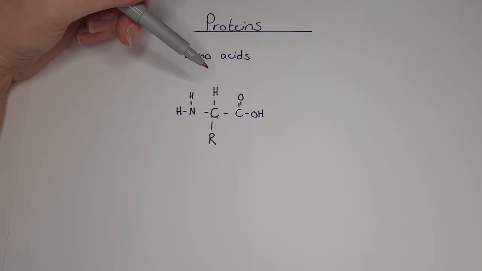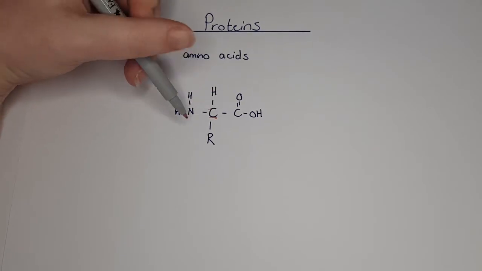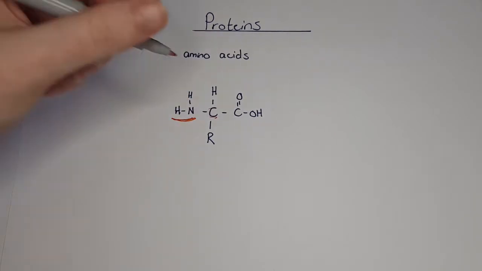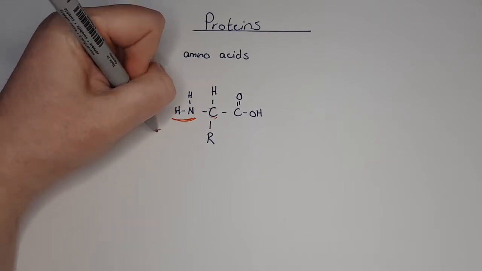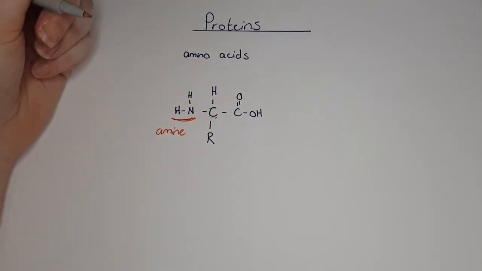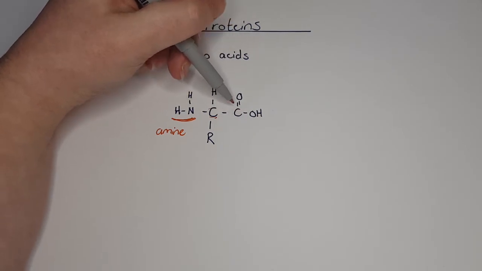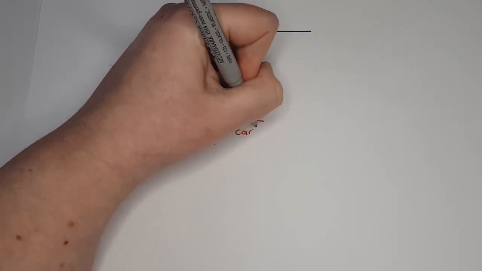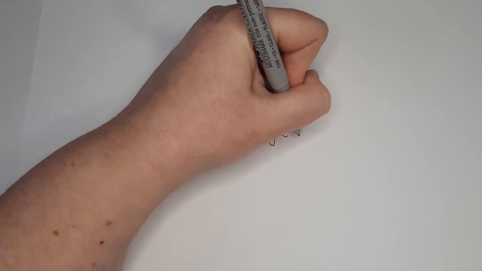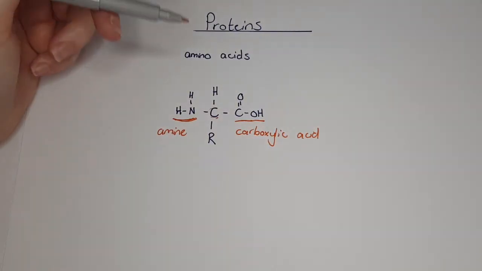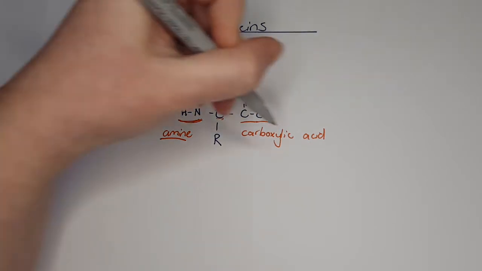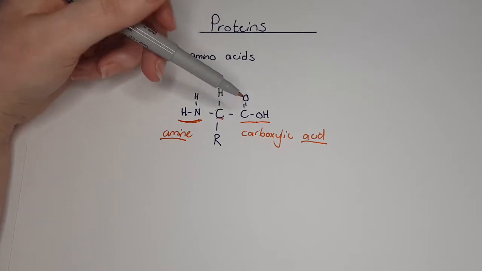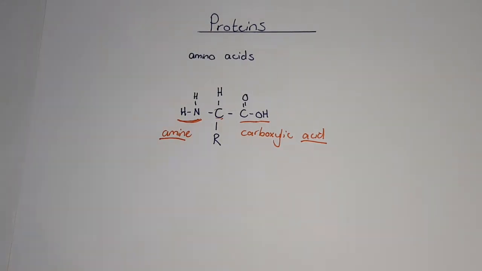Then there is an amine group, so an N with two H's on that side is what we call an amine group. Then on the other side, there is a C, double bonded O, OH, and that is a carboxylic acid group. And that's how it gets its name, because it's an amino acid, because it has the amine group and the carboxylic acid. And then the R